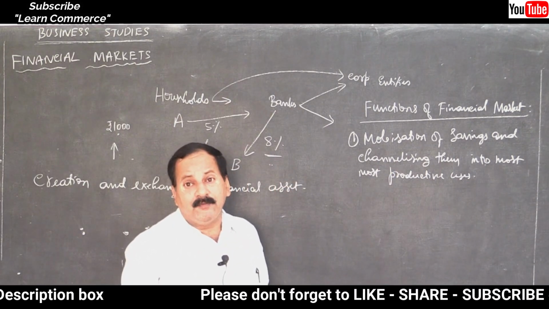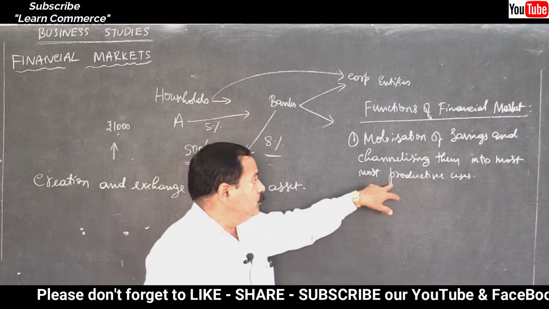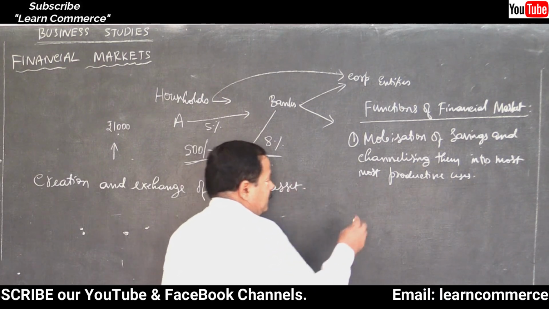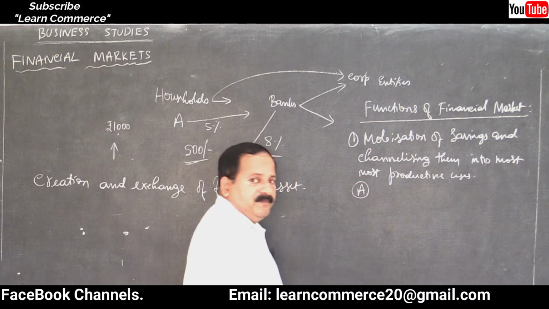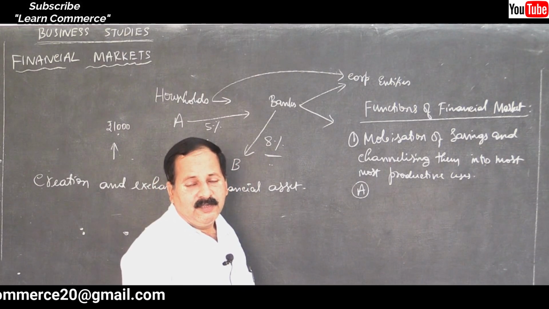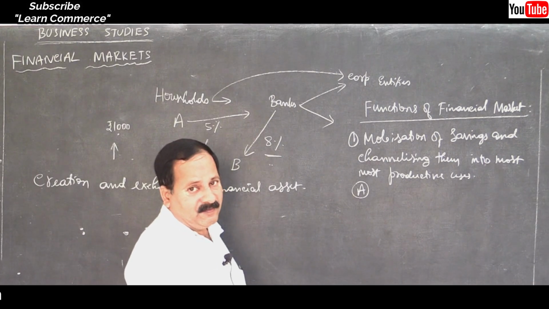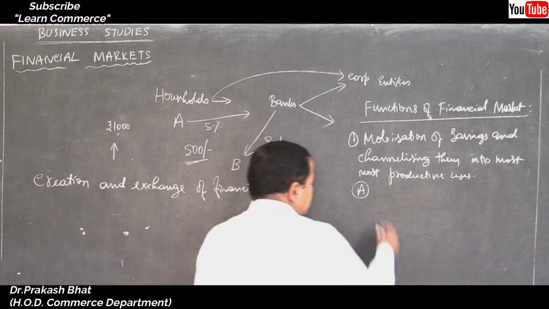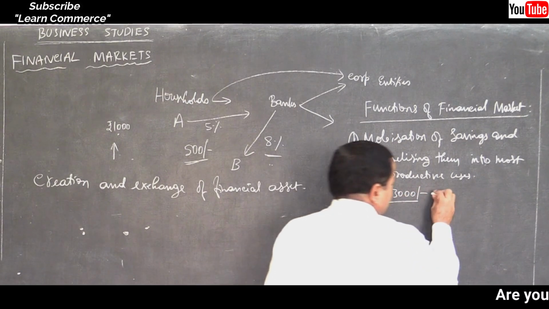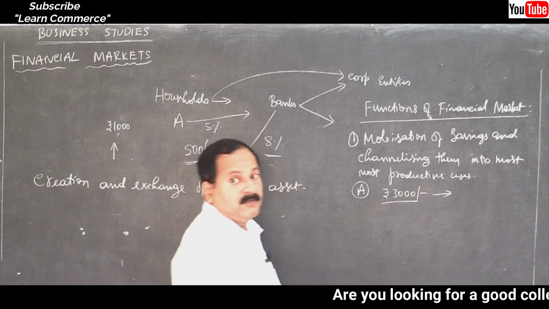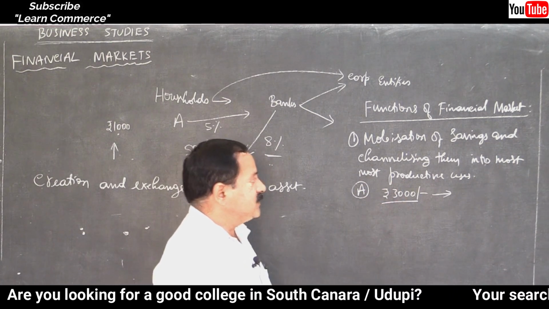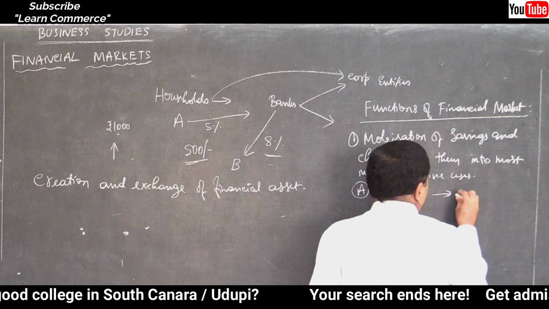Channelizing in the sense diverting the fund into most productive users. Let me give you the best example. Take Mr. A, who is a saver, a daily wage worker. He saves money, rupees 100 per day. Let us assume he has saved 3000 rupees per month, isn't it? The rupees 3000 that is saved by Mr. A will be channelized by the banker, or the banker will divert this fund by providing loan to